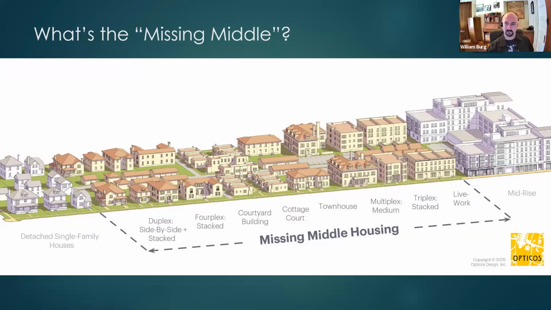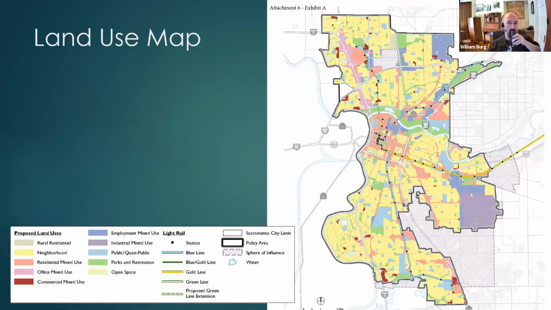And then you go beyond that, you get into mid-rise apartment buildings and more urban forms that are outside the realm of missing middle. And generally, for the past half century, we've built stuff that's all the way on the left, detached single-family houses, or very large apartment buildings, or in the suburbs, more what we call garden apartments that are also still very large, rather than a small apartment that fits on a single house lot and from first glance looks like a single-family home.